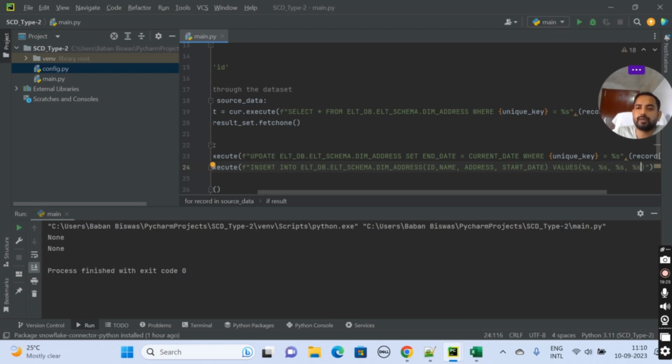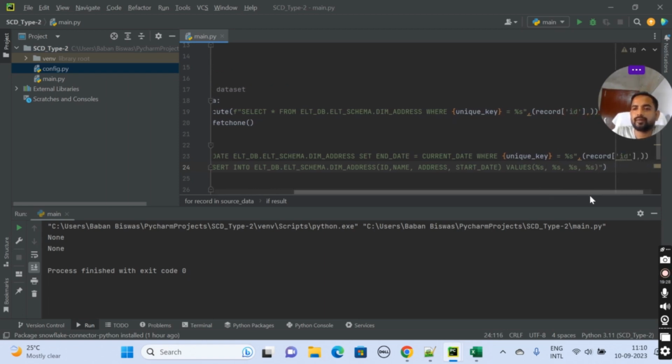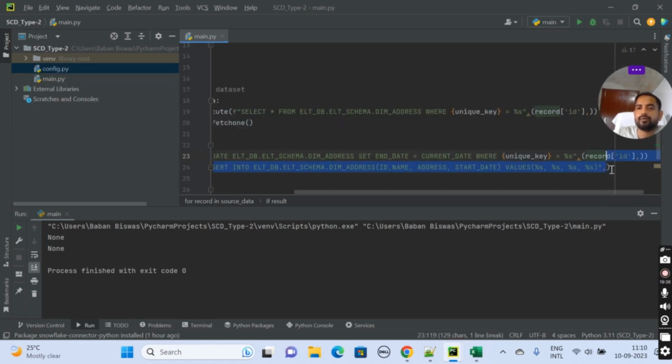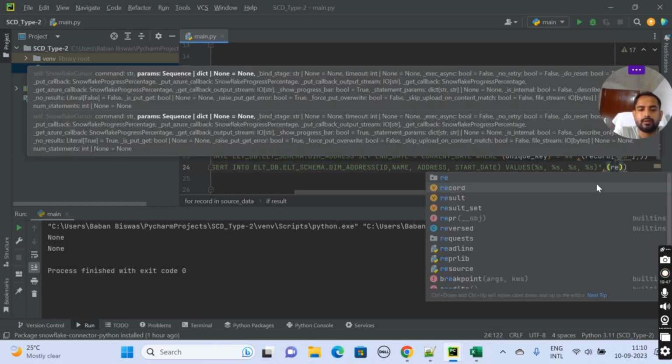And end date should be null for the updated record. Okay, now from where will this placeholder get the value? For that, what we'll do is use a tuple.